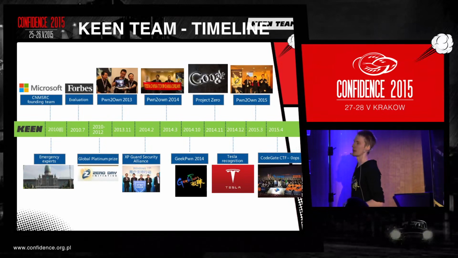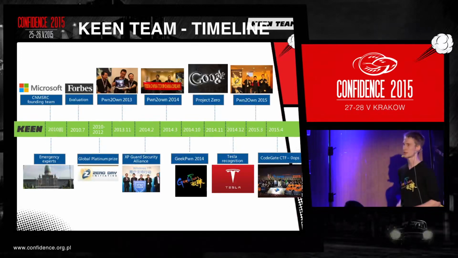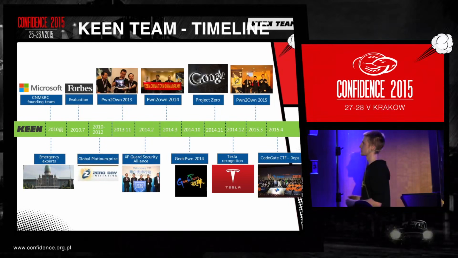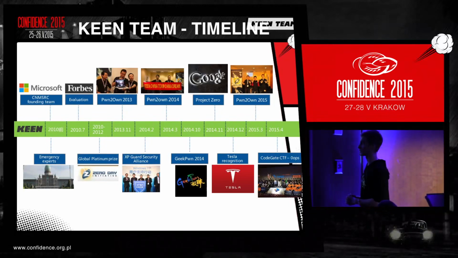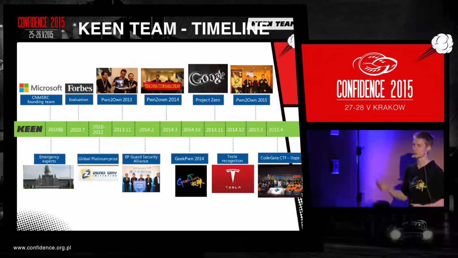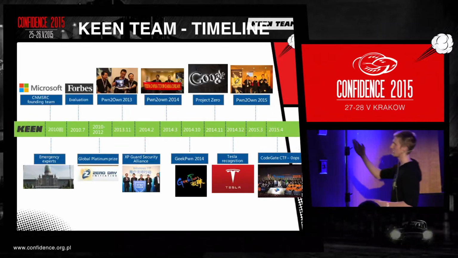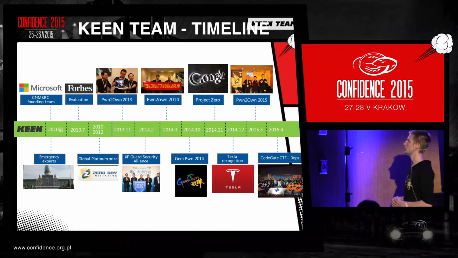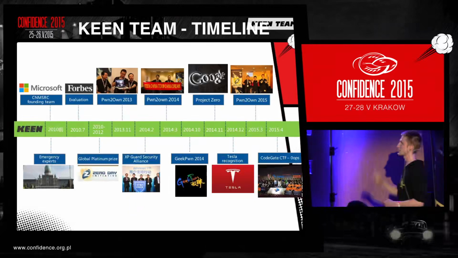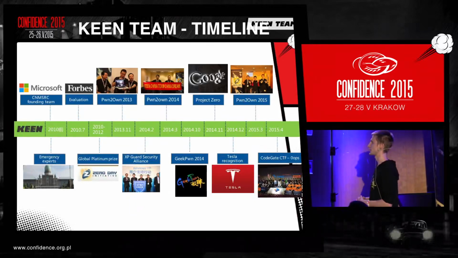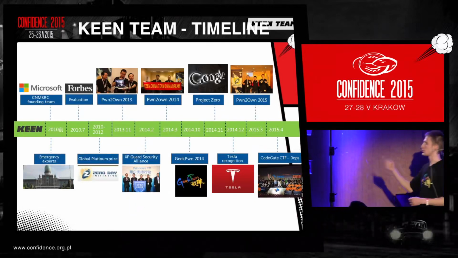A lot of guys worked for Microsoft before, and I also worked before for an antivirus company. The other guys worked in China for some other security companies. Some other guys worked with the Zero Day Initiative to cover all the bugs. We also attended a lot of events like Pwn2Own for three consecutive years, and we got some awards from the Zero Day Initiative and from Tesla, and we also